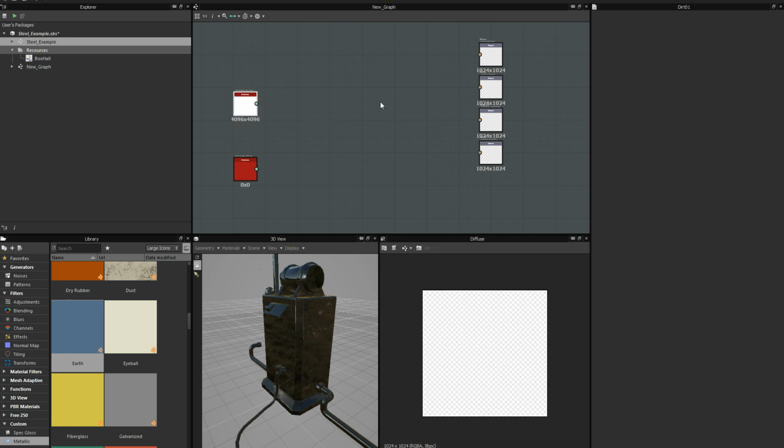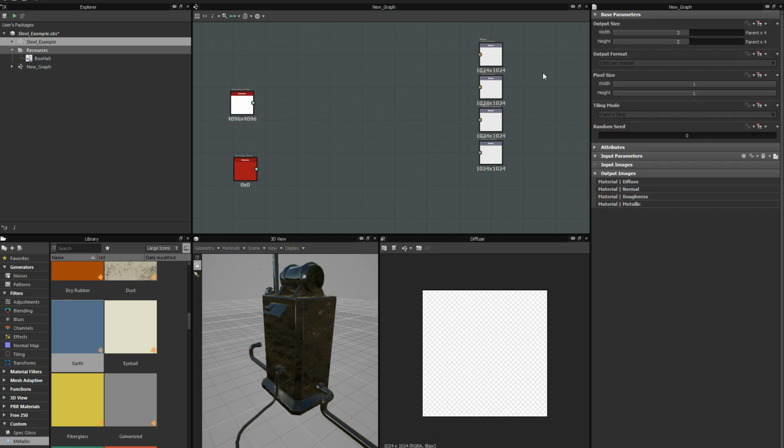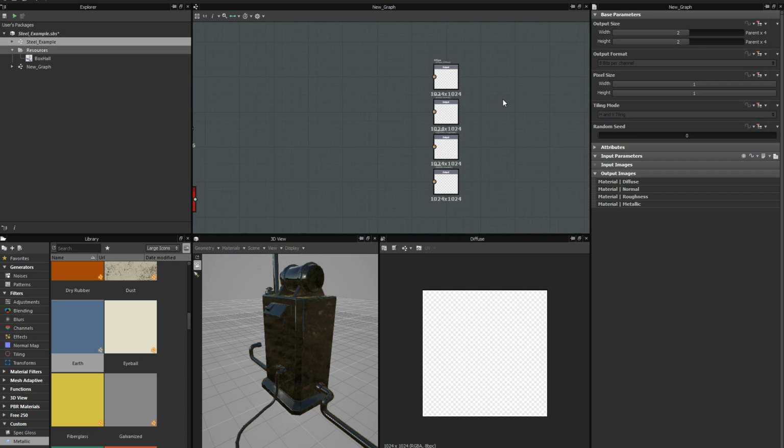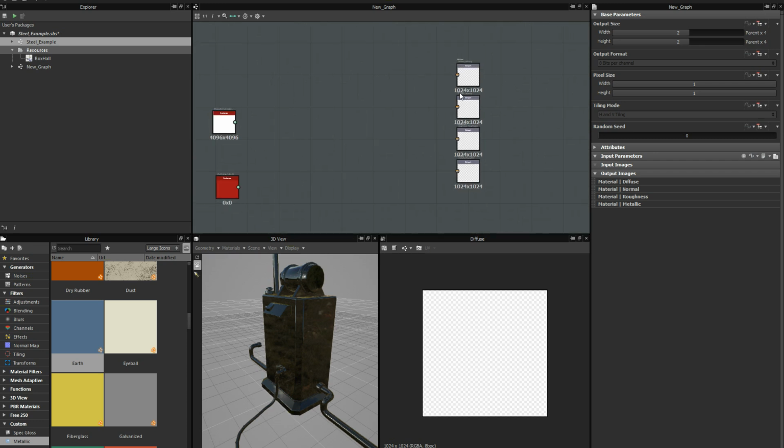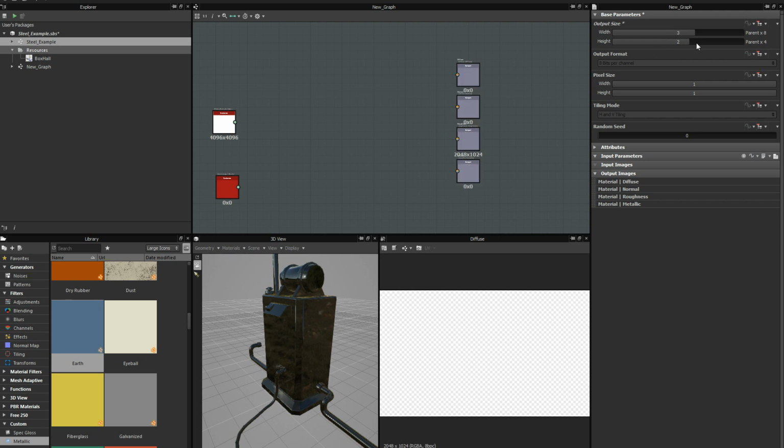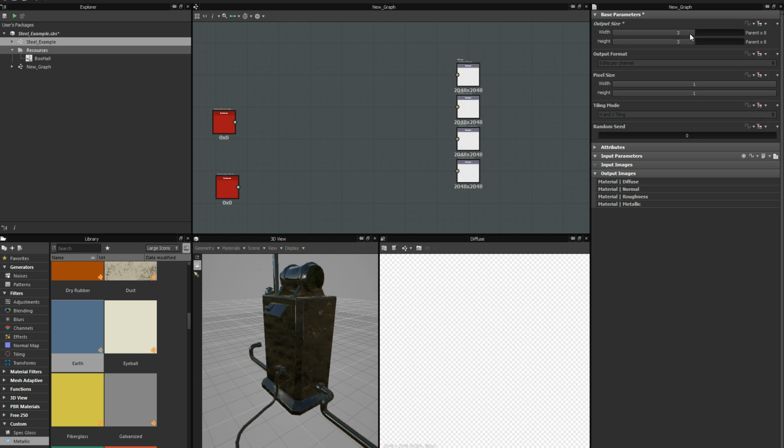is a good point to mention within Substance Designer. If you notice when you double click on this background, like I showed you before, you can dynamically change your texture resolution. And a power of 2 and a parent by 4 doesn't make much sense, right? When you want to work in terms of 256 or 512 or 1024 or 2048. What you have to do if you want to know the final texture resolution of your document is you look at your output nodes here. So 1024 by 1024 is our final texture output. All right, so I can change this up again, and I can make it 2048 by 2048, or I can